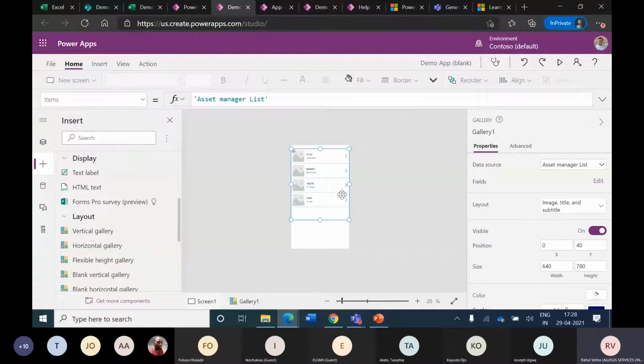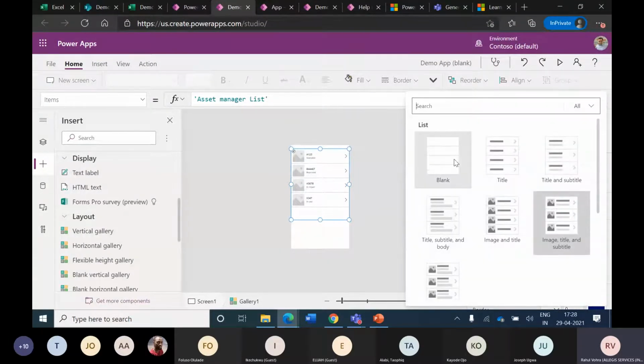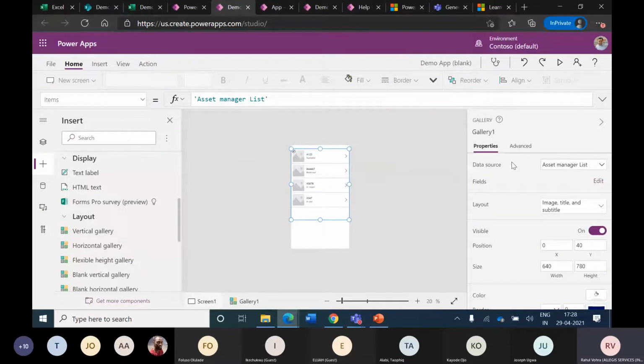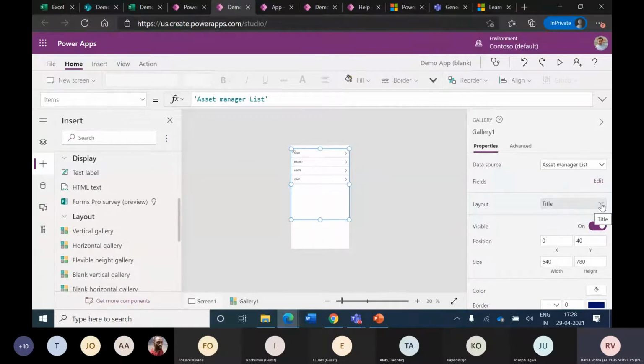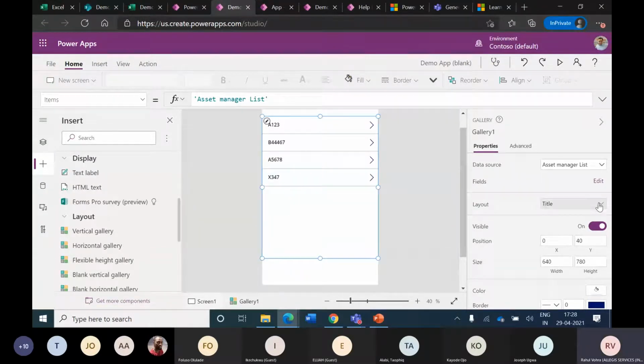Now, this is one way of looking at it. If you see the properties, I have a layout option, which provides me with a variety of options to display data here. If I click on title only, it will show title. If I choose title and subtitle, it will allow me to show more details.